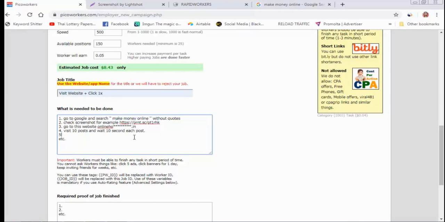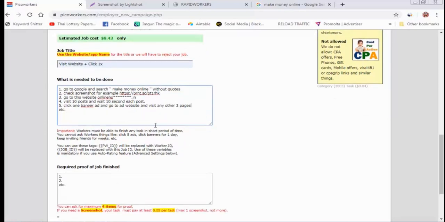After that, number 5, click one banner ad and go to the ad website and visit any other 3 pages. Okay.